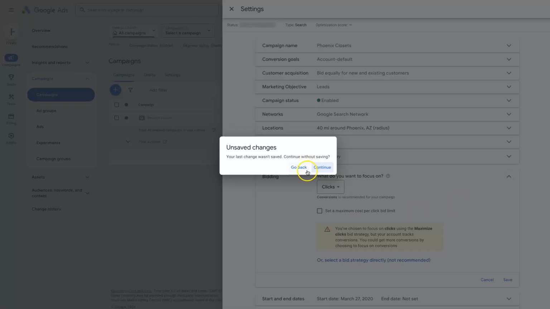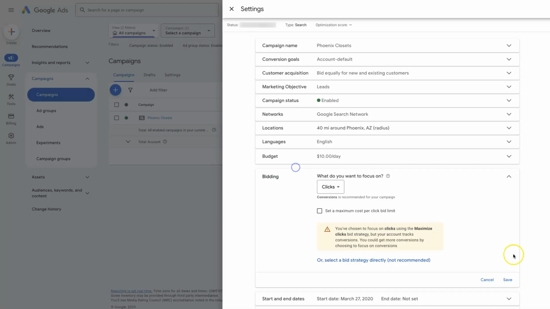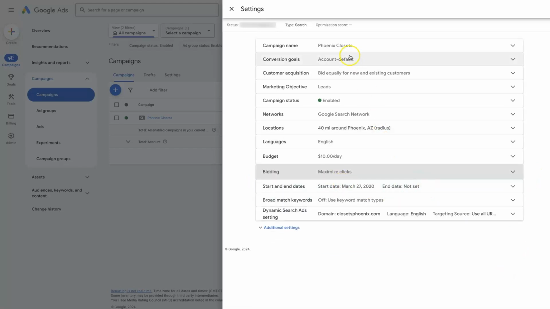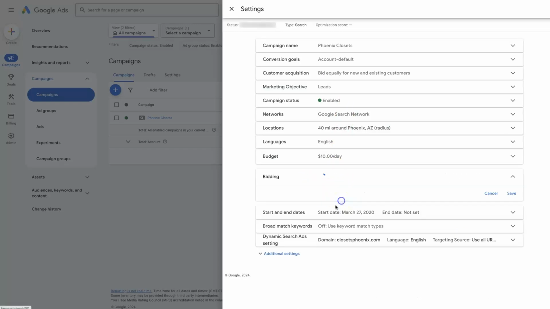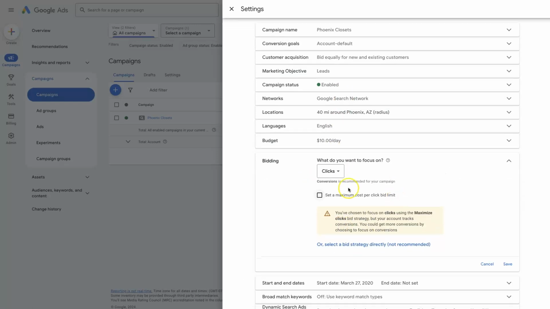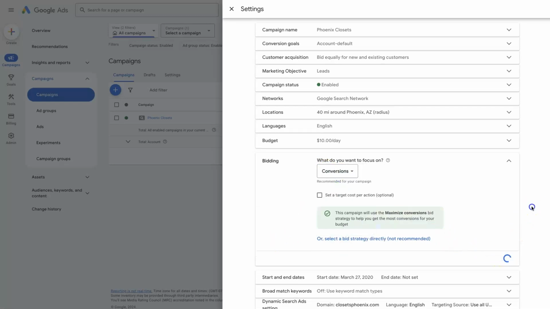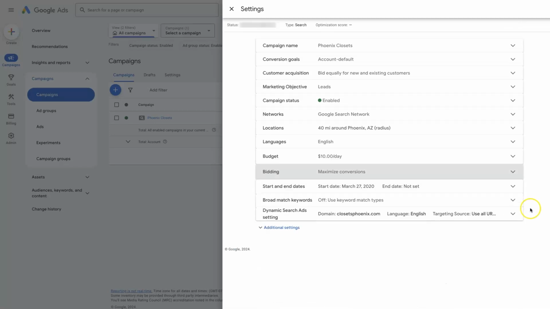And then if we go down here to bidding, so we have a bunch of different options. We can open up bidding, and we'll see it's on maximize clicks right now. We can click change bid strategy. And this is where it's going to allow us to choose different bid strategies like maximize conversions, maximize clicks, manual